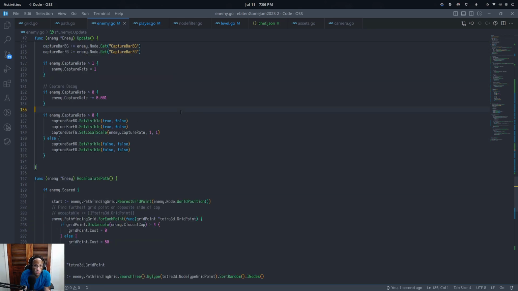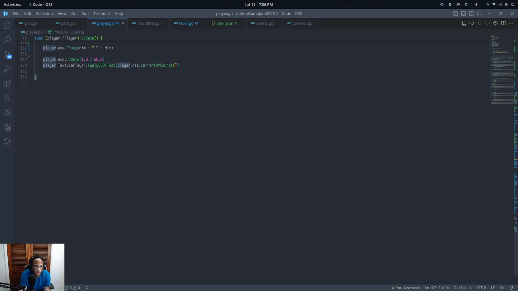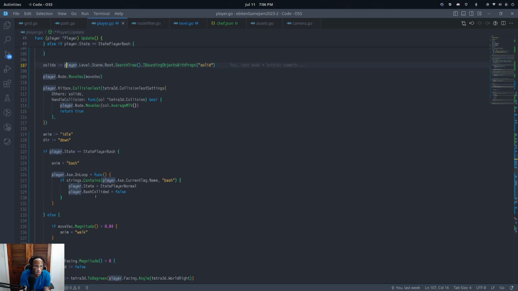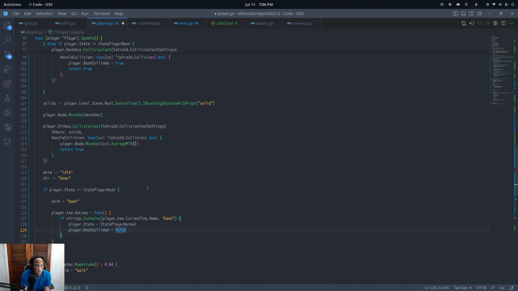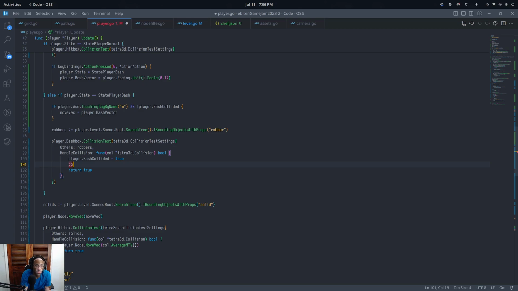I think that's it. So we basically just say, bash collided. So, oh no, wait, bash collided here. So